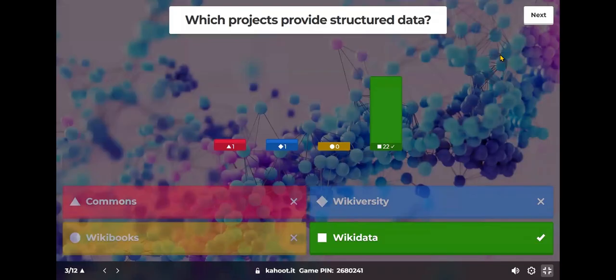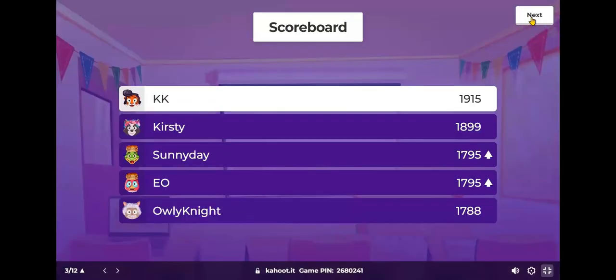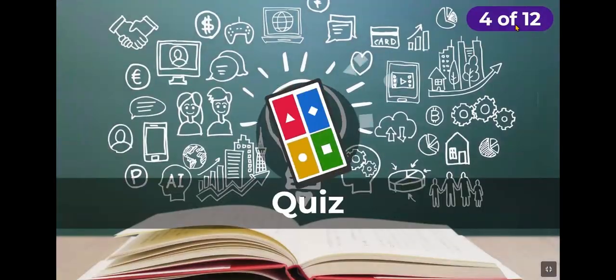Most of you got it right, and it's Wikidata. We are still led by KK, and some of you are reaching higher on the board. Let's continue to the next question.